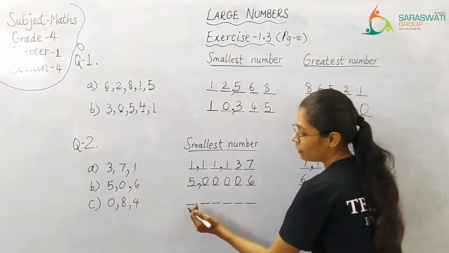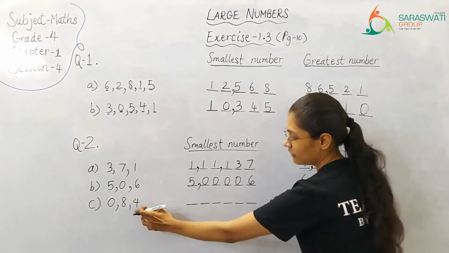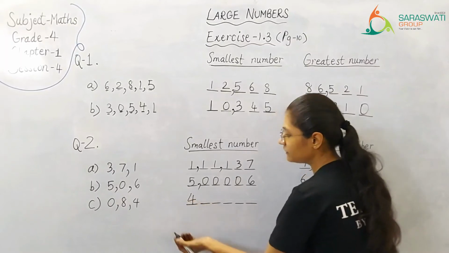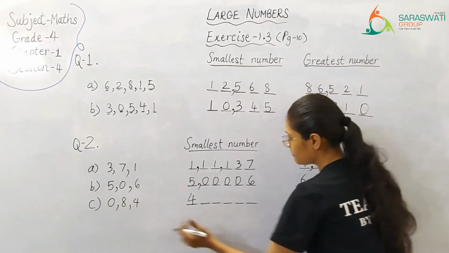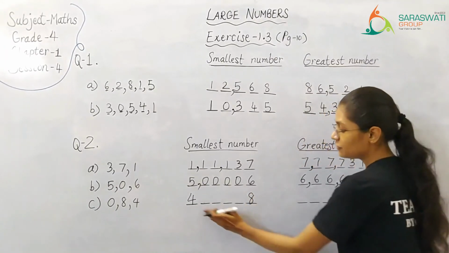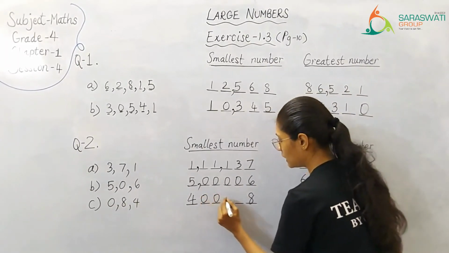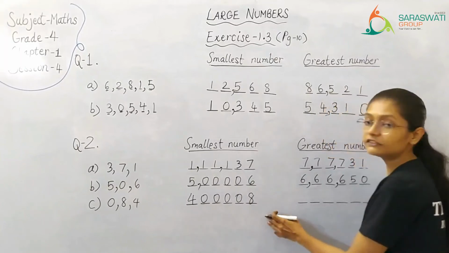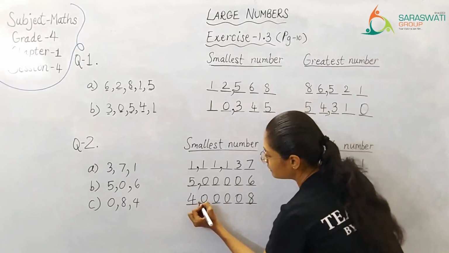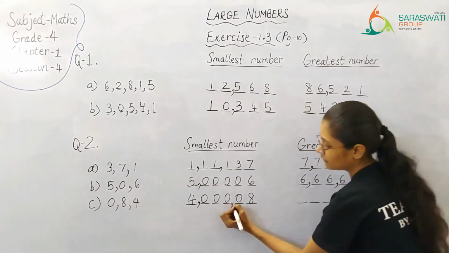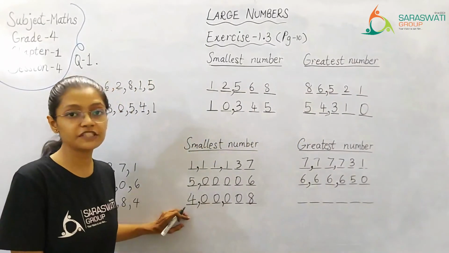Okay, now these digits are given, the 3 digits. Again over here we cannot write 0 in the extreme left. So the next smallest digit is 4. So we will write 4 in the leftmost place, and 8 having the greatest value from among these, we will write it over here in the ones place. And over here we will repeat digit 0. So this is the smallest 6-digit number that is formed using these 3 digits, and the number is 4,08,000. Putting the comma over here. So this is the smallest 6-digit number.